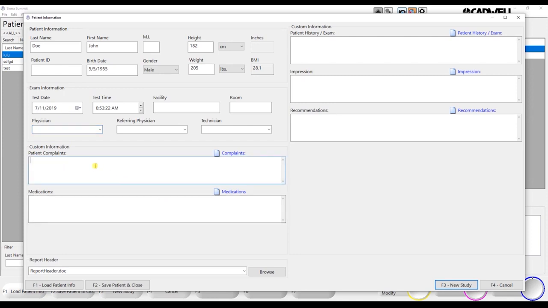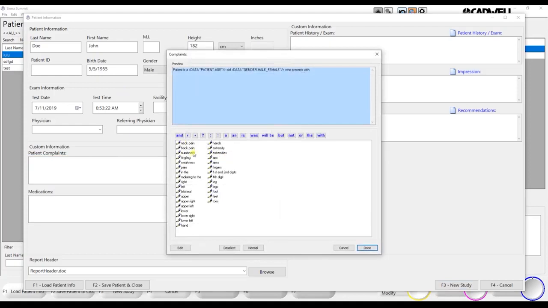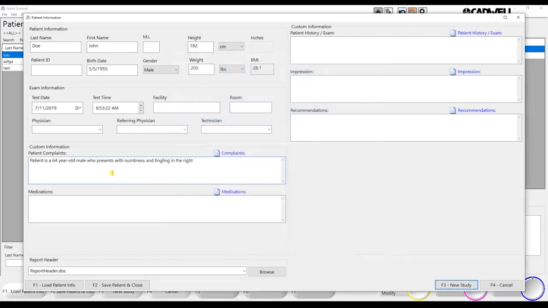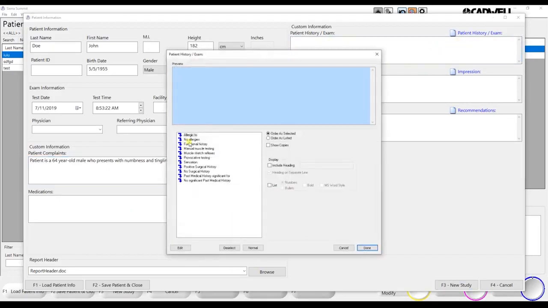But right from here, you can start accessing our template feature, where rather than having to type in something, you can just select the hyperlink here and select, for example, in this case, maybe they presented with numbness and tingling in the right hand. You can select medications, patient history and exam. Same thing here, you can type in, or you can select patient history and exam. So for example, let's just say they have no allergies,